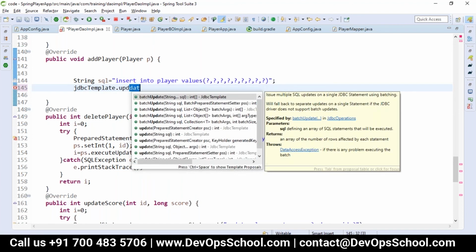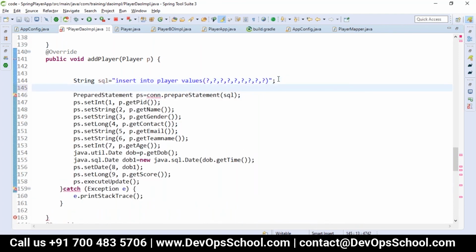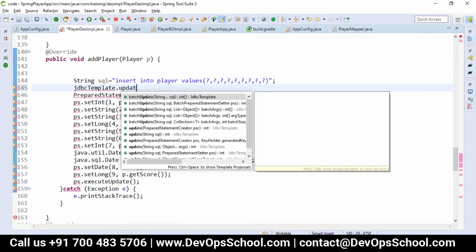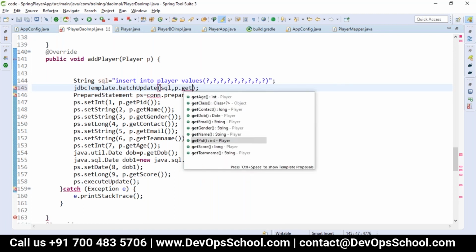Yes, here I have the JDBCTemplate update method. In the update method, after the SQL we have passed, we have to give the values according to the order. So getID.